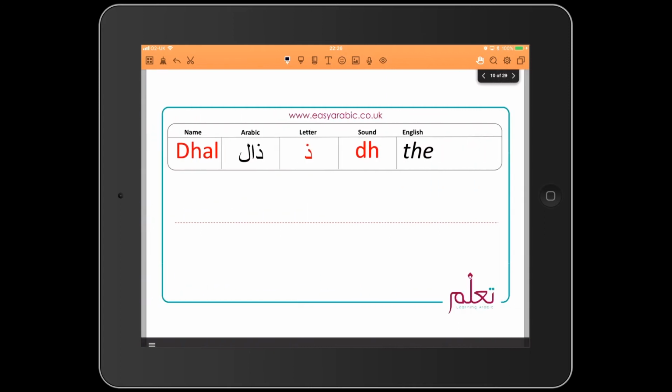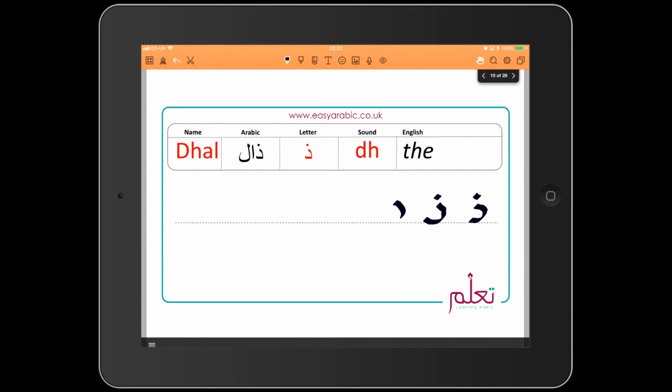The next one is dhal. And when you pronounce the letter dhal, put your tongue between your teeth and say dhal. D-H-A-L. Dhal. As in the. Writing the dhal is again similar to dal, which is the semicircle, but with the nukta on the top. So dhal,